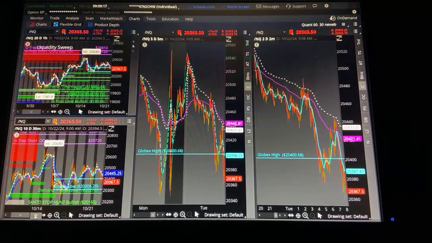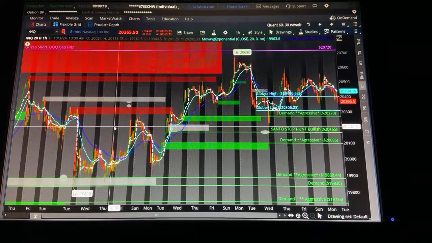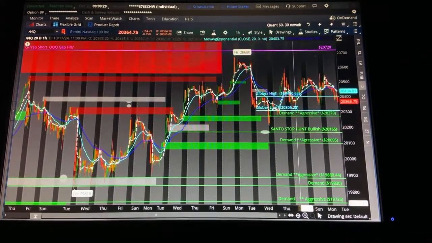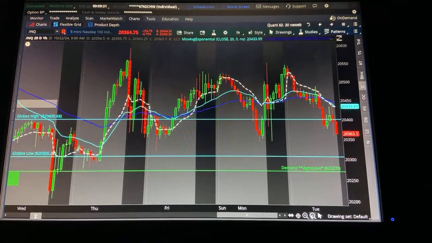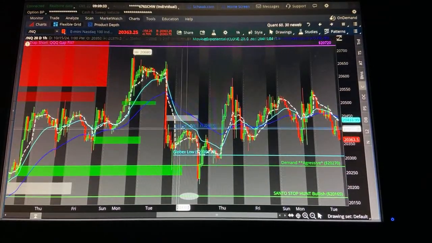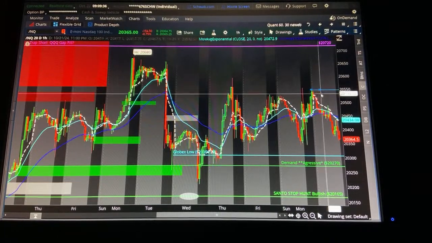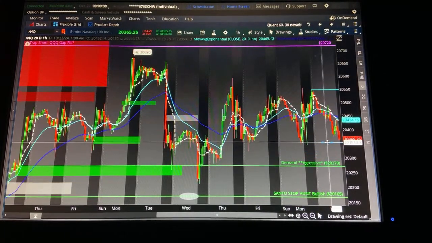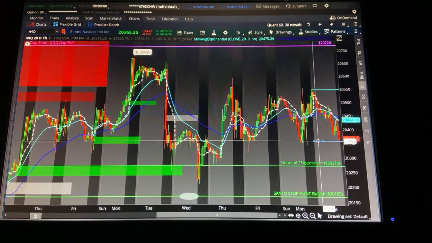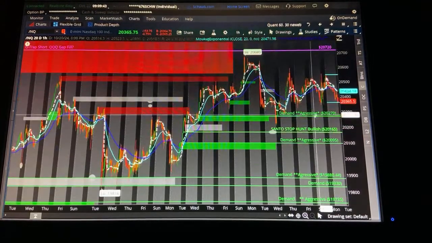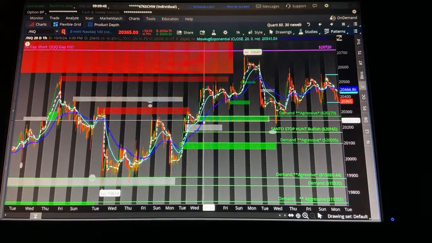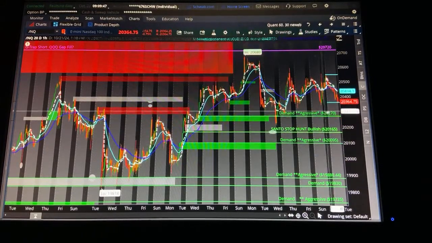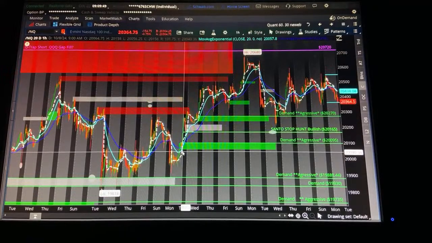I'm going to keep it short and sweet because everything that I said for S&P could almost be extremely similar to NASDAQ futures, but just make sure you're mapping out your proper levels. NASDAQ could be a bit more volatile. The Globex high being there, Globex low, we're kissing the Globex low right now. We had a couple levels here, 20,70 and so on. Great. The equivalent level of the October